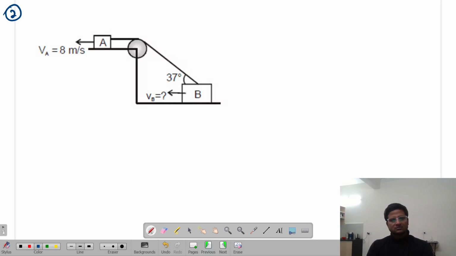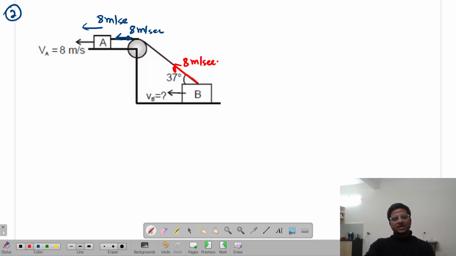इसका क्या होगा? तो ध्यान से देखो, अगर मान लो ए 8 मीटर पर सेकेंड से इधर चलना स्टार्ट हुआ, तो ये जो थ्रेड है, जो थ्रेड की ये जो पॉइंट ऑफ कांटेक्ट है थ्रेड की, उसकी वेलोसिटी कितनी होगी, 8 मीटर पर सेकेंड। और ये हर पॉइंट की वेलोसिटी कैसी रहेगी, सेम। तुम्हें मालूम है कि ये थ्रेड यहाँ से ऊपर खींचेगा कितने वेलोसिटी के साथ, 8 मीटर पर सेकेंड।